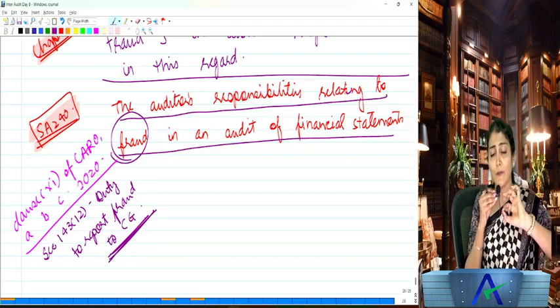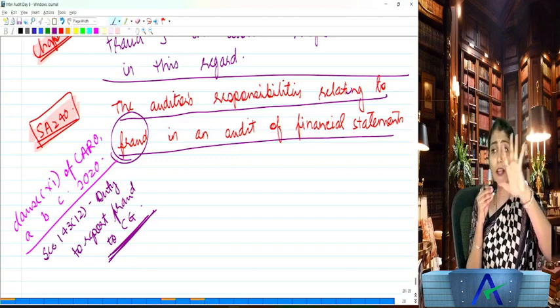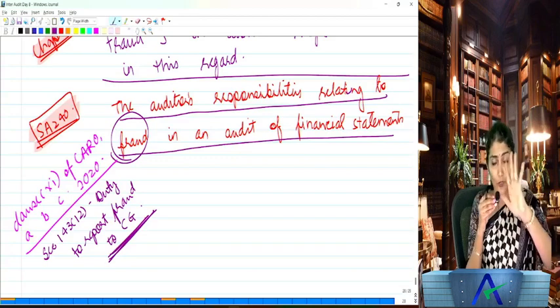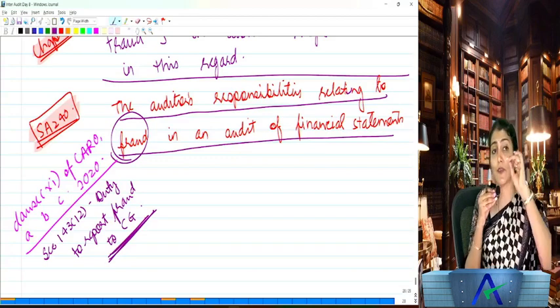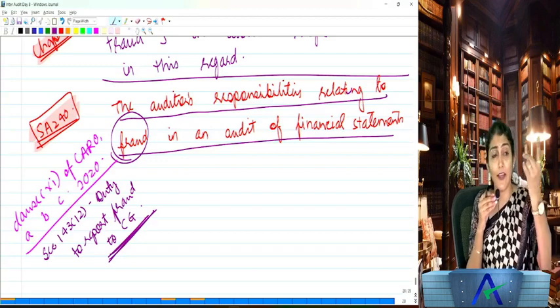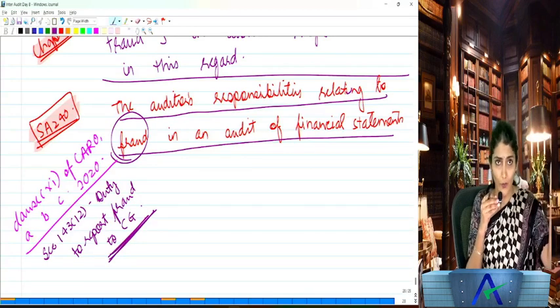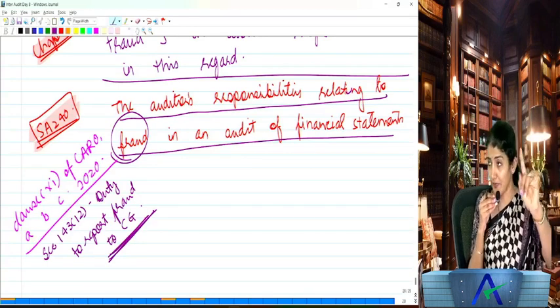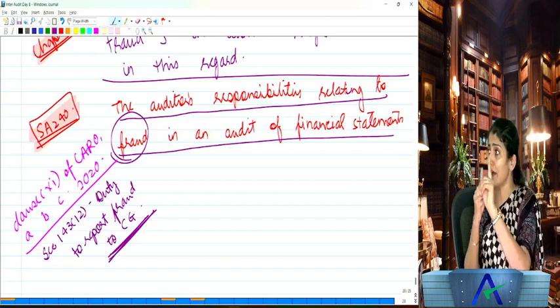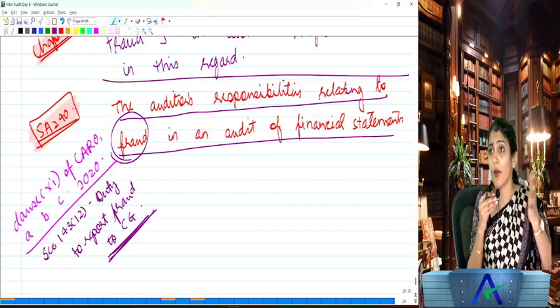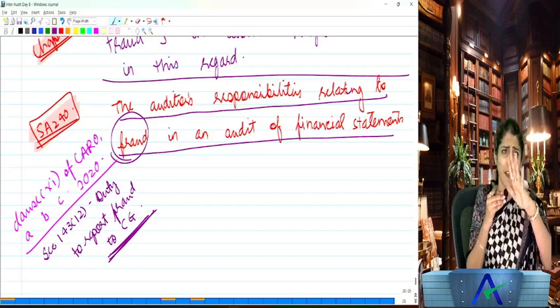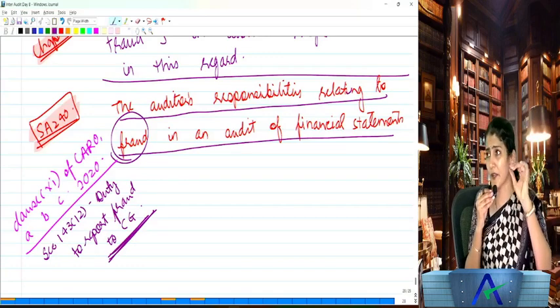Whatever chapters we are studying, all are 5-mark categories. Automated environment, analytical procedures, audit sampling, fraud. Again fraud: MCQ 1 or 2, correct-incorrect 1, and then in the theory part, 1 theory question, either 4 marks or 3 marks. So 5 to 7 marks could be the weightage of this particular chapter.